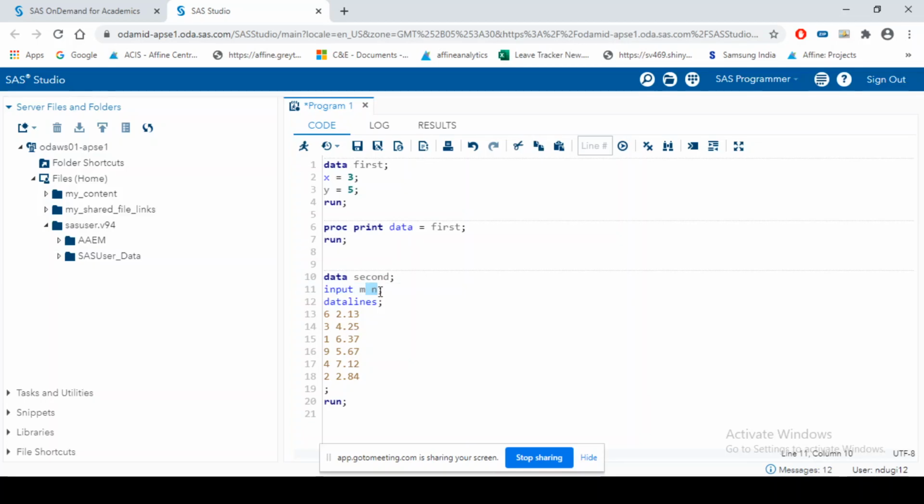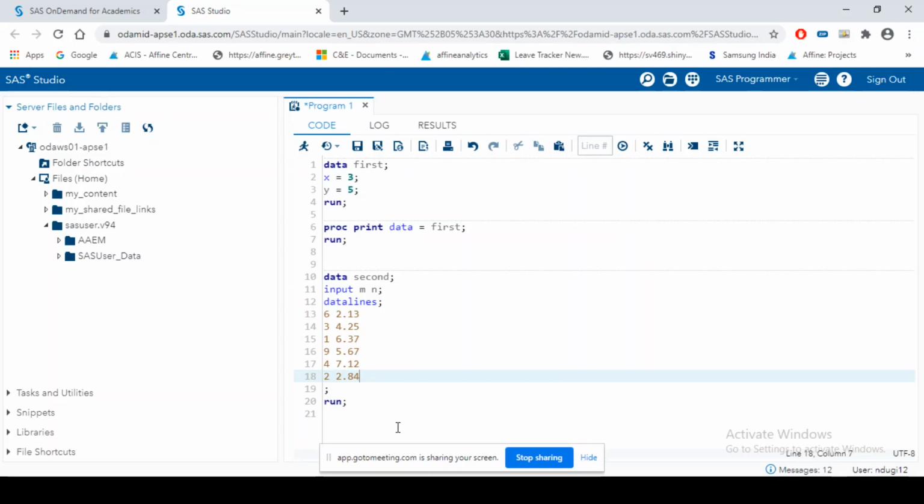Then I am inserting the values of m and n below with the help of datalines. So I have written datalines and then I am inserting the observations in it.